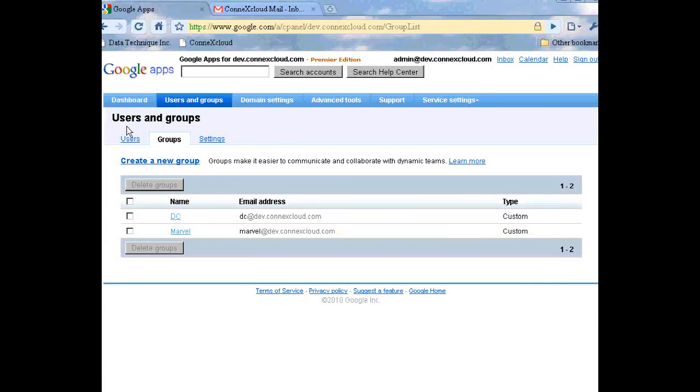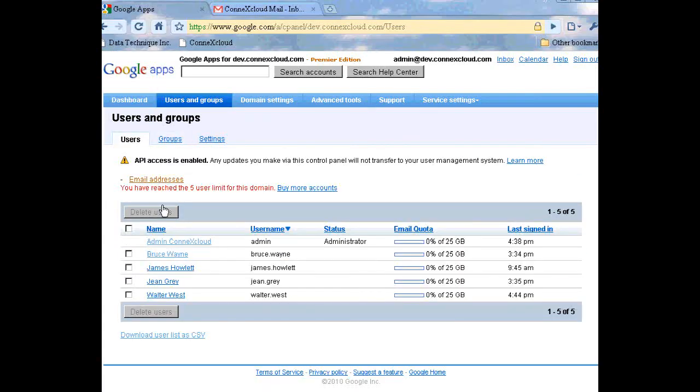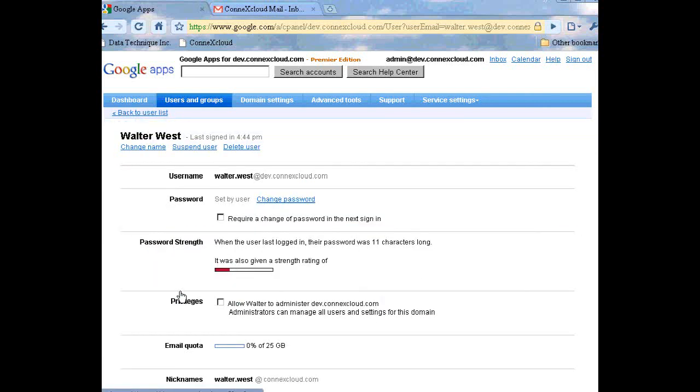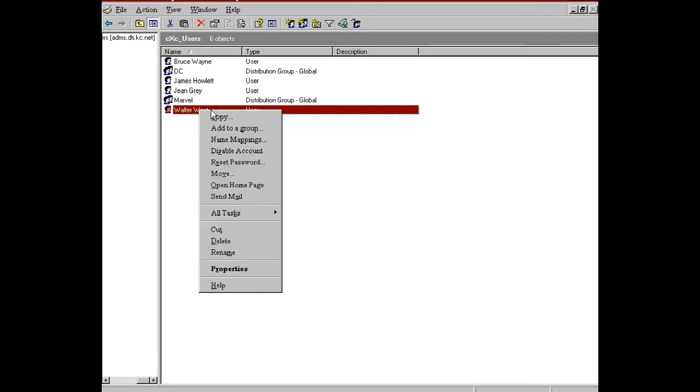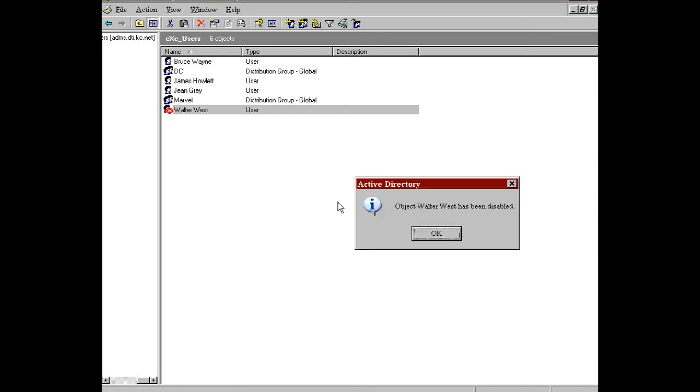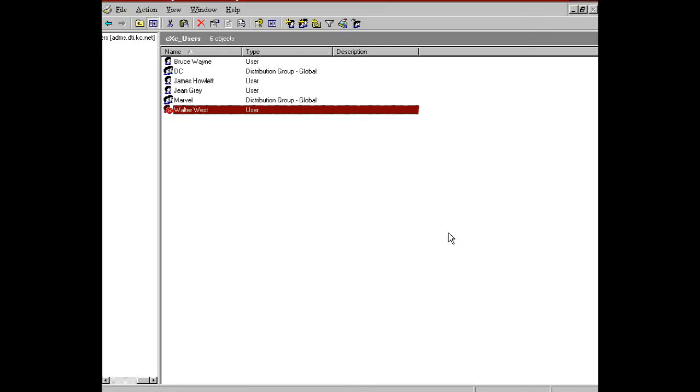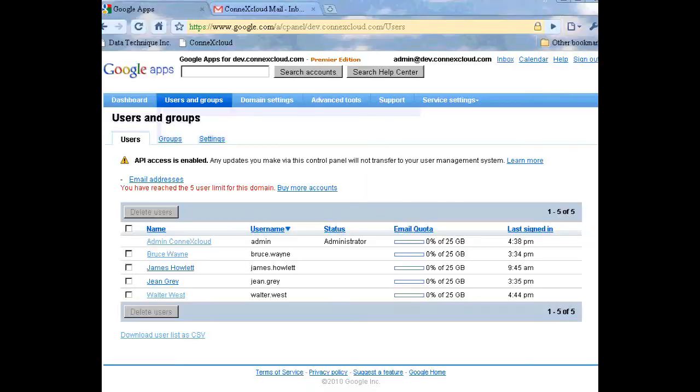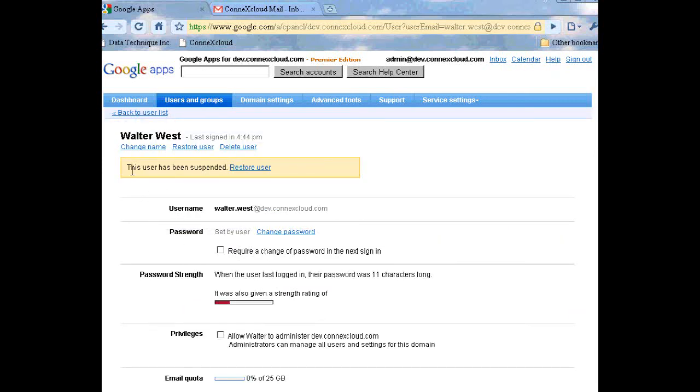Another important feature is the ability to disable accounts. We could disable Walter's account using the Google dashboard, but with the ConneXcloud connector, we can do it in Active Directory. Right-click on Walter's account and select Disable Account. Now, when we look at his account in the Google dashboard, we see that his Google account has been disabled